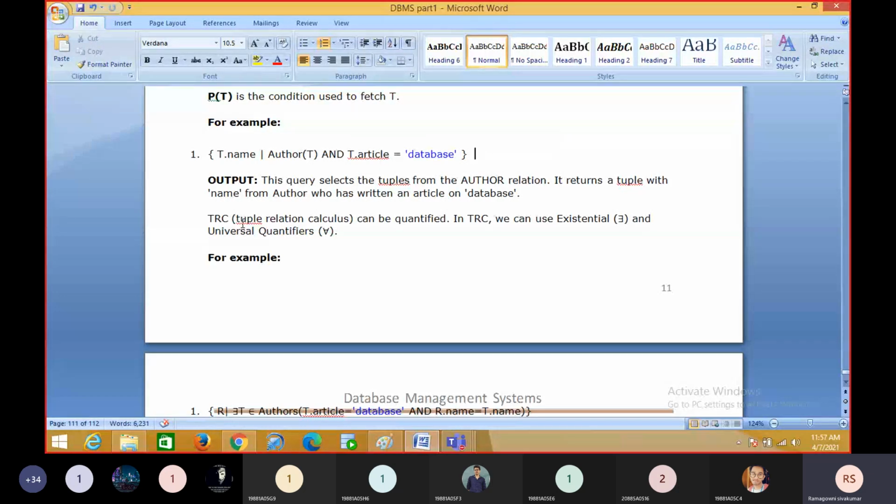Here TRC, tuple relational calculus, can be quantified. In TRC we can use existential and universal quantifiers. This is the symbol: this is there exists, and this is for all, right? So that means existential and universal quantifiers we can use. Okay, for example,